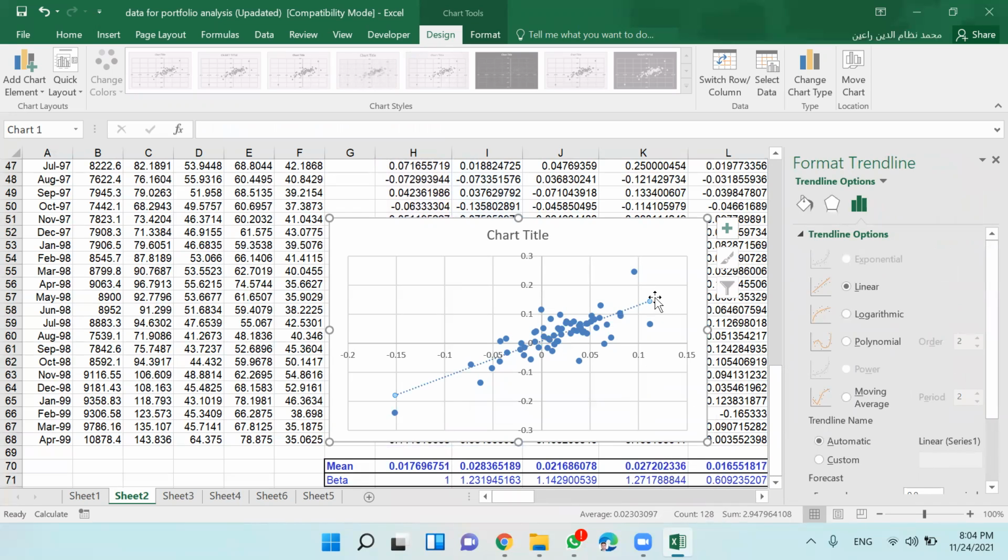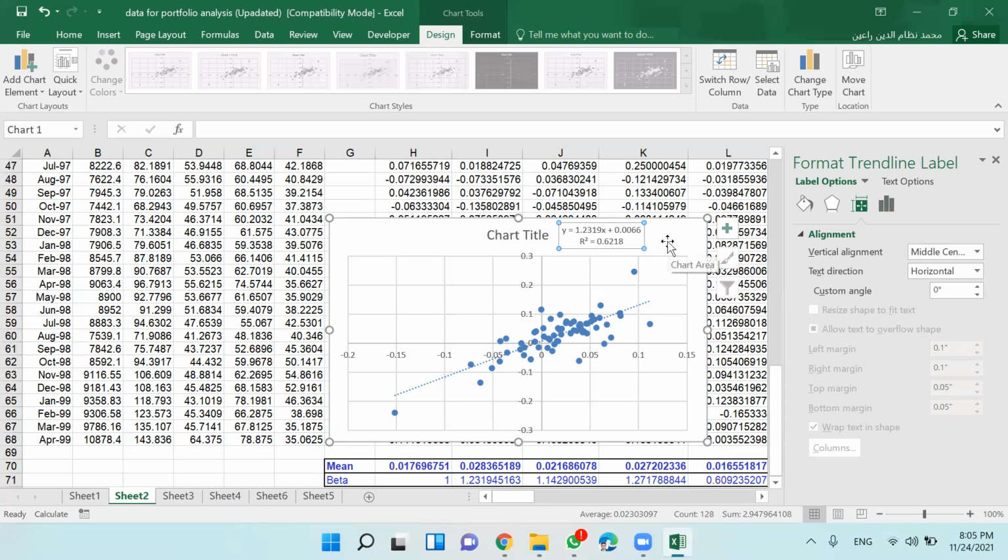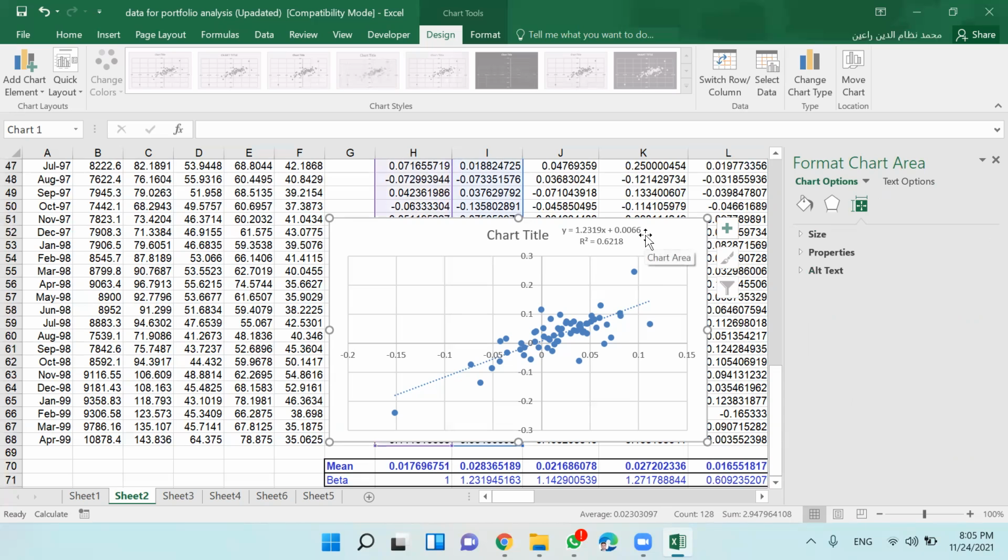Trend line is given, and you are now interested to display your equation, which is a regression equation, the estimated equation. And you may also be interested in the R square. So this is given here. You can see the estimated value of the intercept is 0.0066, and the beta value of this company is 1.23.